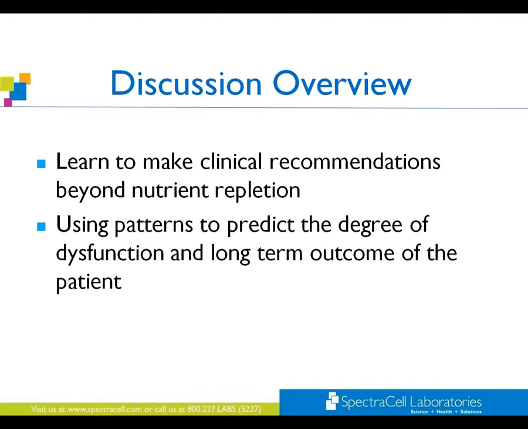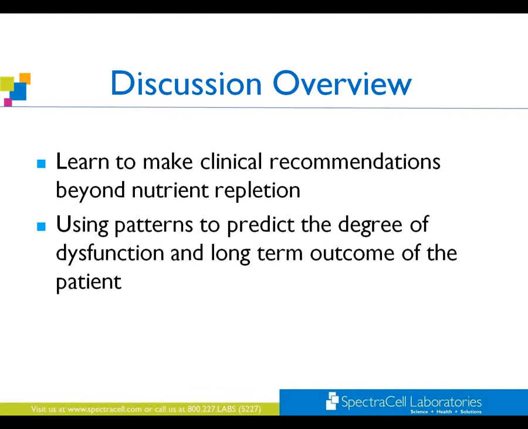One of the points I feel is most beneficial in having a tool like the micronutrient test is being able to utilize these patterns to predict the degree of dysfunction and some of the long-term outcomes for patients. When we look at this test, we want to impart to the patient not just the fact that there's a deficiency and that we need to correct it, because that is clearly important, but also the knowledge